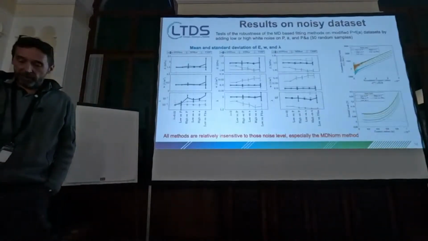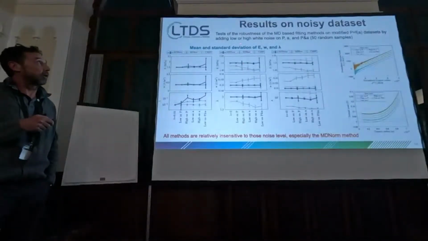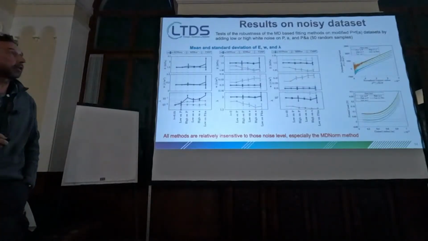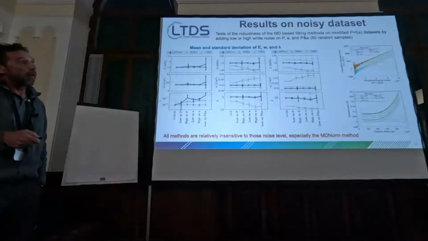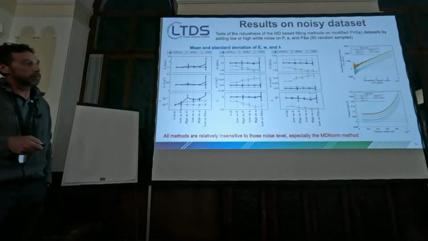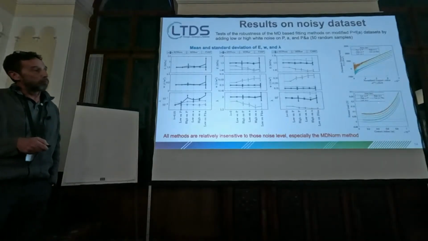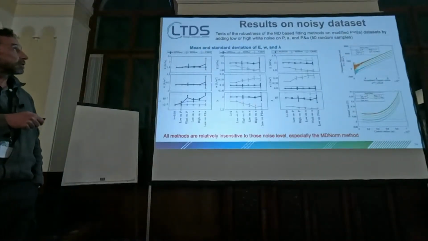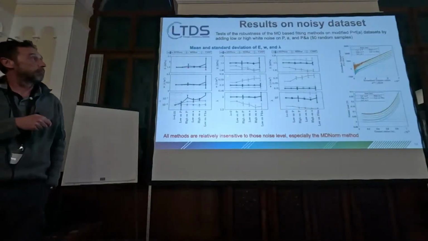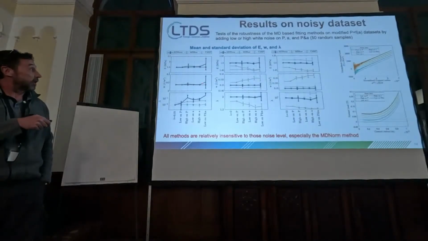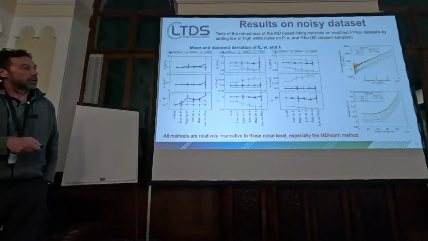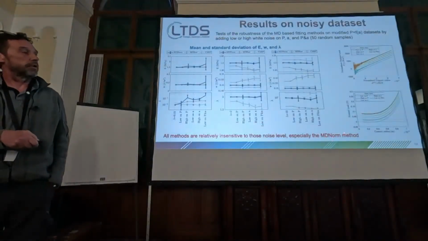So this method seems to work quite well. We want to test its robustness against noise, because if you do experiments, of course, you will have noise on your data. So we introduce some noise in our theoretical data set, either on the load, or on the contact radius, or on both. Here I just presented the three methods based on the Maugis-Dugdale model. You can see that you get nice results. There is nearly no sensitivity to noise level, especially with this new method based on Maugis-Dugdale on normalized data.